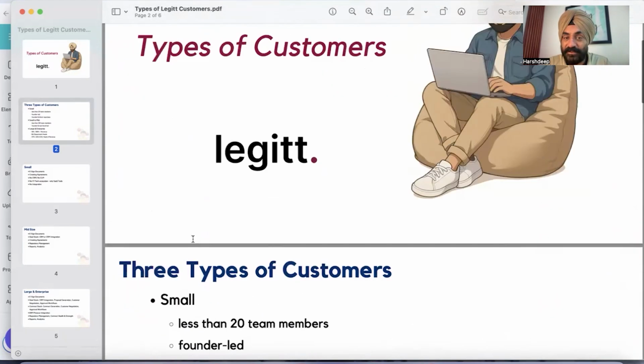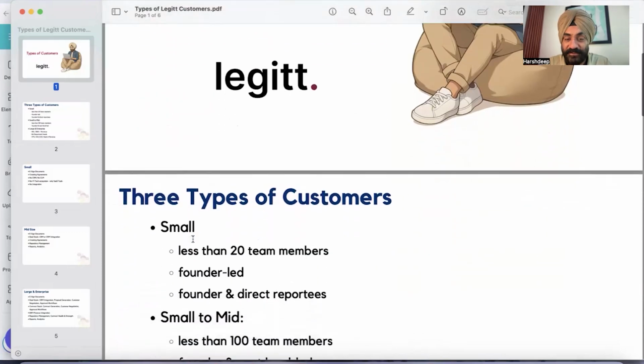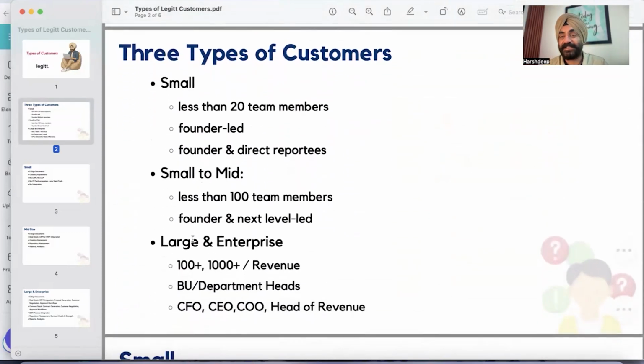And you will be falling into one of these three categories. Either it will be a founder-led business with fewer than 20 team members, or a mid-sized business. So mostly Legitt Lite caters to small businesses, small to mid, both Legitt Lite and Legitt Pro, depending upon the requirement, integrations required, and custom training of the AI required. And large enterprises, yes.